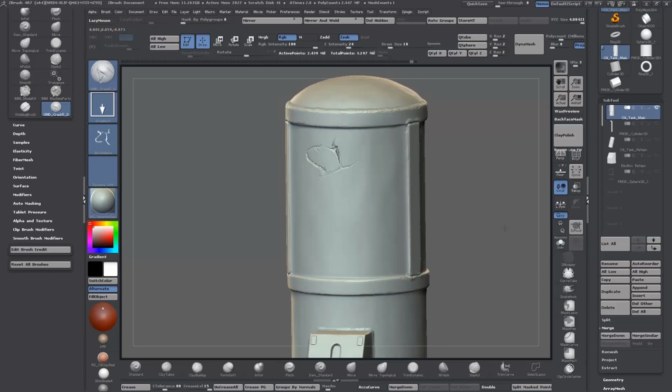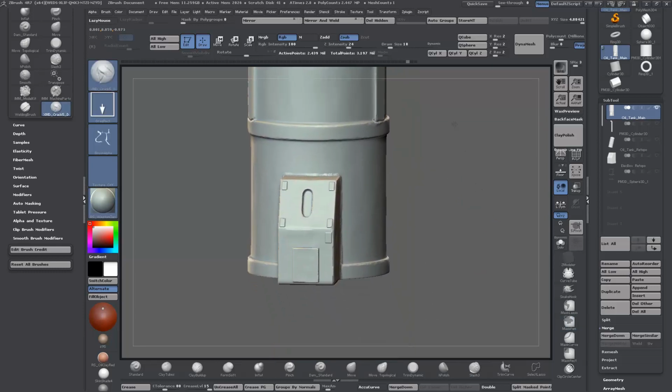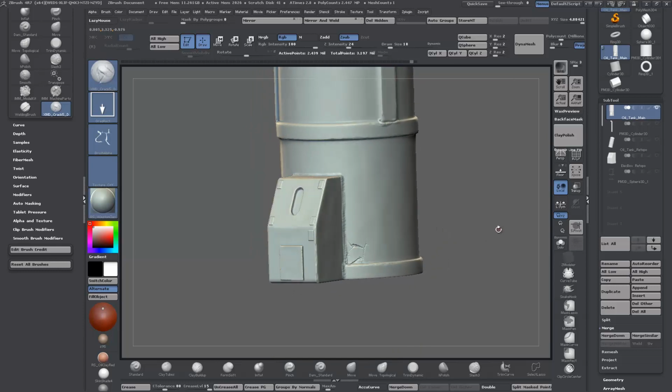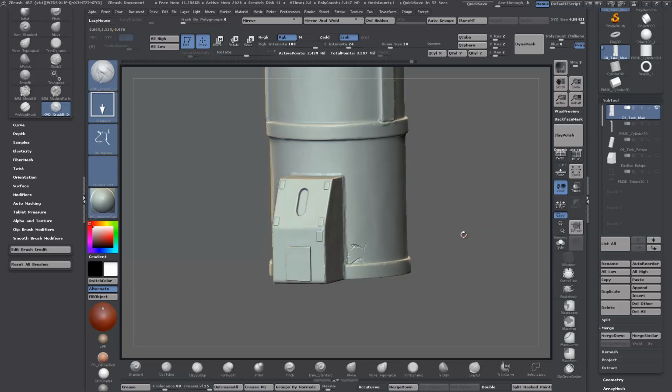So these are the kind of effects. Realistically, I suppose there wouldn't be big cracks in a tank full of highly flammable liquid. But you could always just have them as minor ones, drop the intensity, and just have them as minor kind of